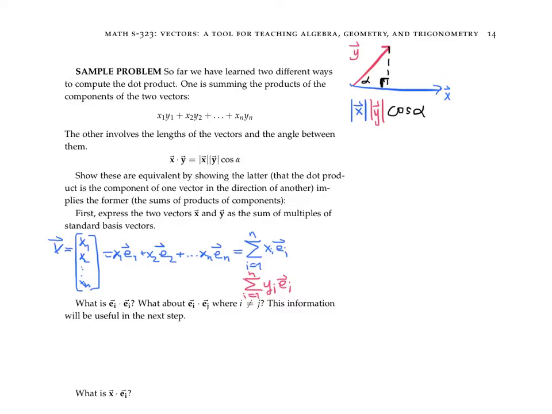So let's take a look. When we drop this altitude down and we create this right triangle, visually speaking, let's take a look at what happens when we're looking at the magnitude of y times cosine alpha. Well, cosine, of course, is adjacent over hypotenuse, but when we multiply a cosine by the length of the hypotenuse, we're left with the length of the adjacent side. So that yellow side here, the base of the right triangle in our picture, is the length of y times cosine alpha. Now, of course, it gets multiplied by the length of x,